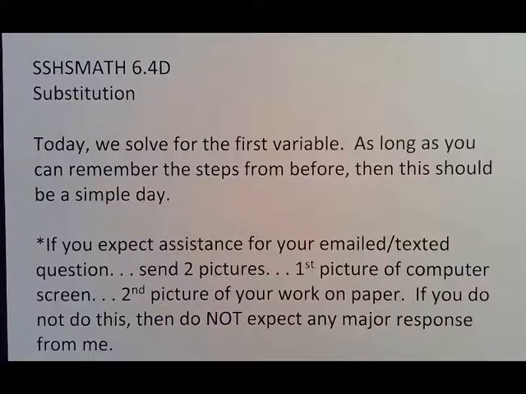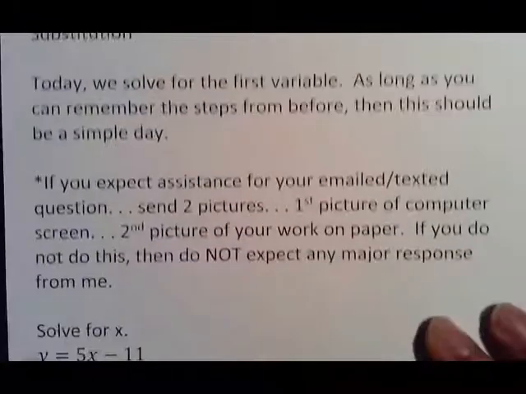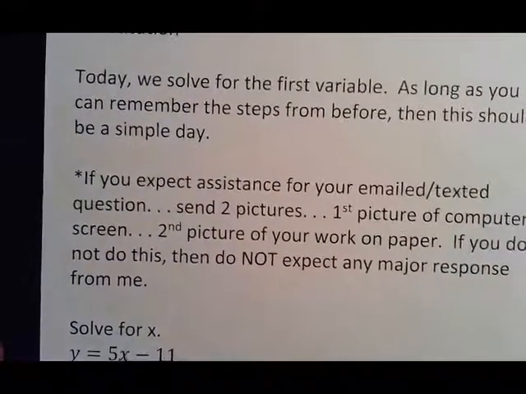Today we jump right back in where I plan on going, and we'll adjust accordingly. Once I get that schedule, I'll let you see it so we can see at least where we're going. But today we solve for the first variable. As long as you can remember the steps from before, which was from last week, then it should be a simple day. I will tell you that this is a very important paragraph for you to make sure you pay